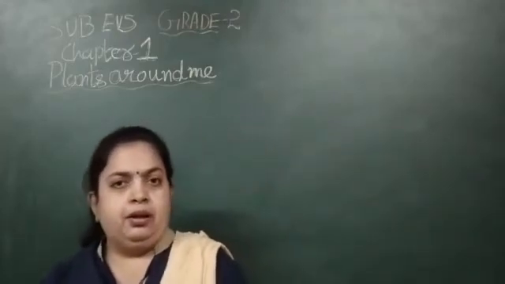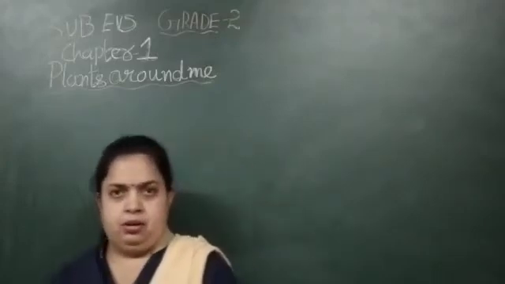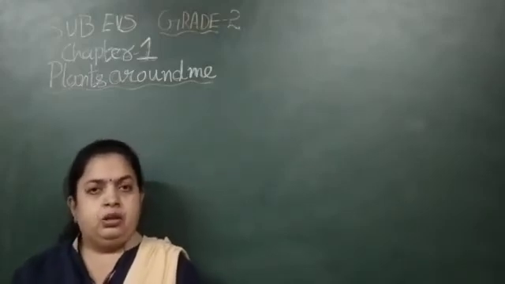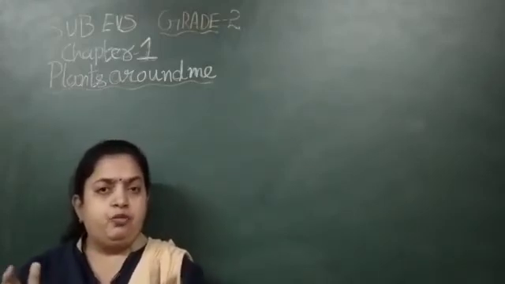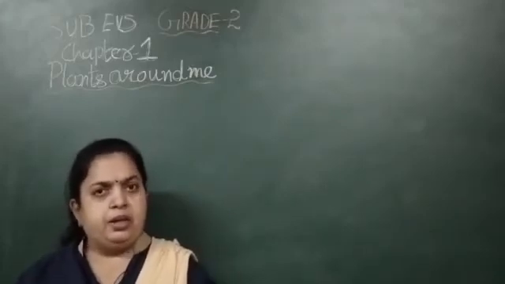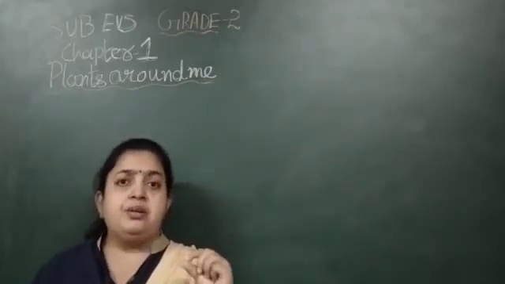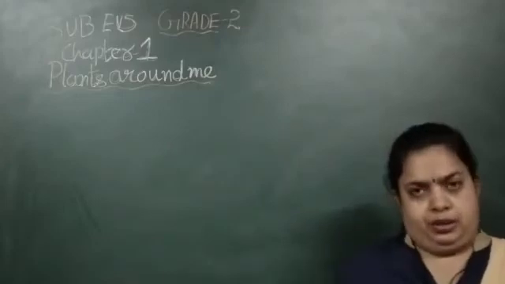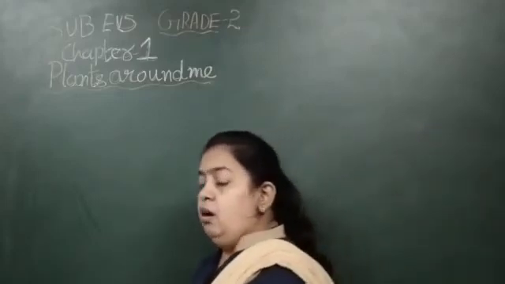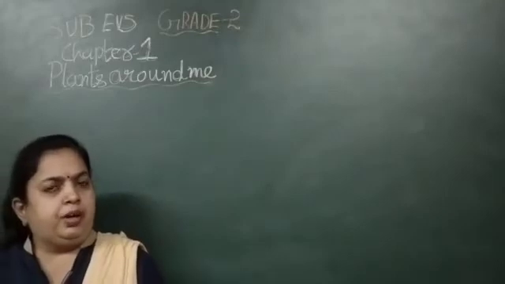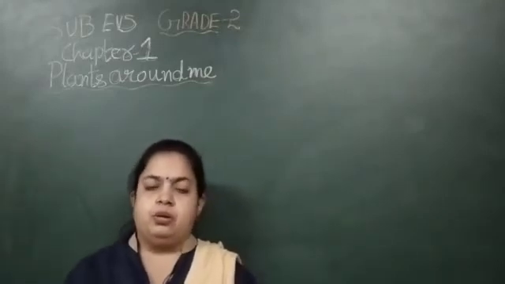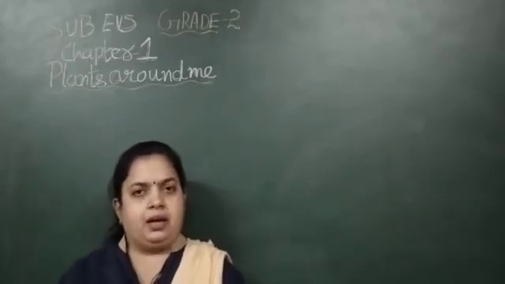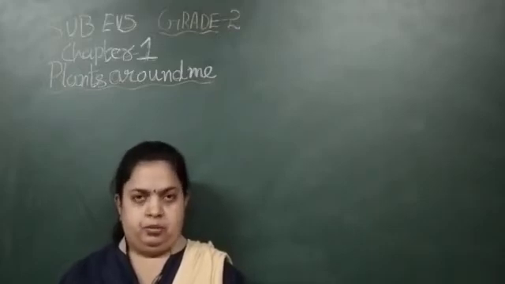Taproot means what? It has a lot of food storage in it. As you can see, as I have taught you in my earlier video, the taproot has a lot of food storage in it. And from that one single root, many small roots sprout out. एक ही root में से कई छोटे roots sprout out करते हैं. So that's why it is called the dicot root. And coming to the monocot again, the example is the fibrous root. As I have taught you, the fibrous root examples, yes, and the taproot examples also.